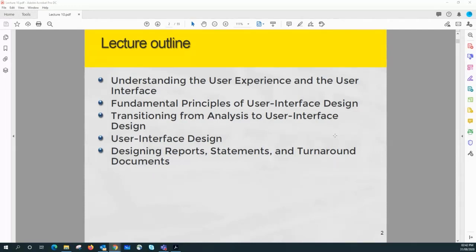And as a design activity, user interface design uses lots of analysis models, right, as an input. For example, remember last week we discussed the system sequence diagram, so that is one of the inputs that we use for user interface design. And also in the user interface design area, we also produce some models in the form of sample screens or layouts that are used by the programmers to implement the final system